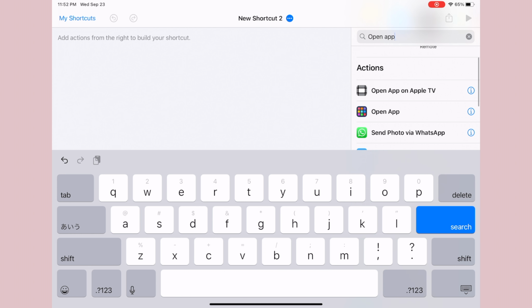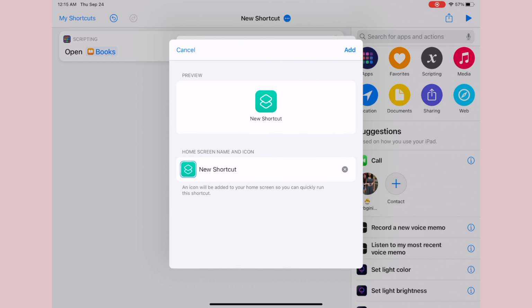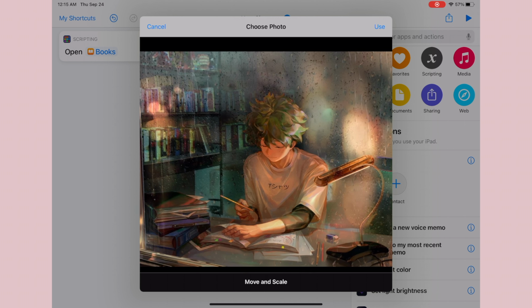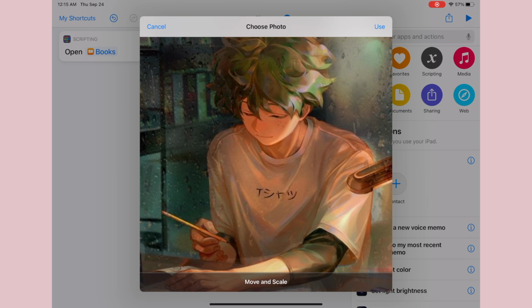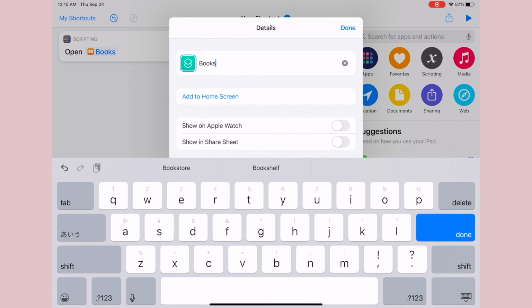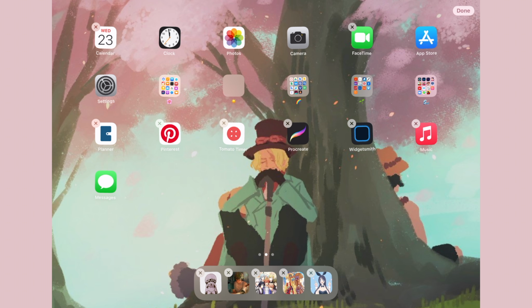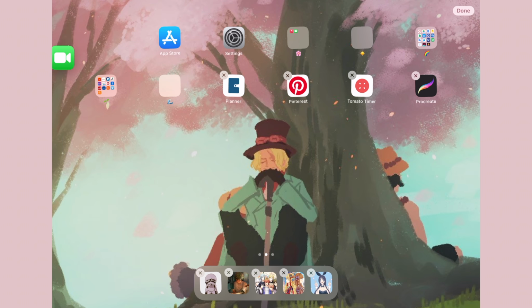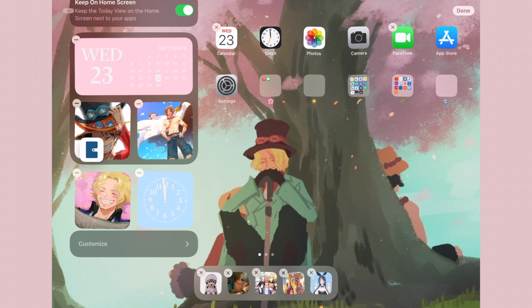So here's another one of Sis Books, doing the same process, renaming it and choosing the photo, and I decided to actually use this Deku photo. I've been seeing this around so often on YouTube. I'm surprised I was actually able to find it on Pinterest. So glad. But yeah, I'm just adding that into my home screen, and then I am rearranging my apps and moving them all over to the first page, because to see your widgets you do need to be on the first page. So here I'm just moving all of them, and that just takes not that long.